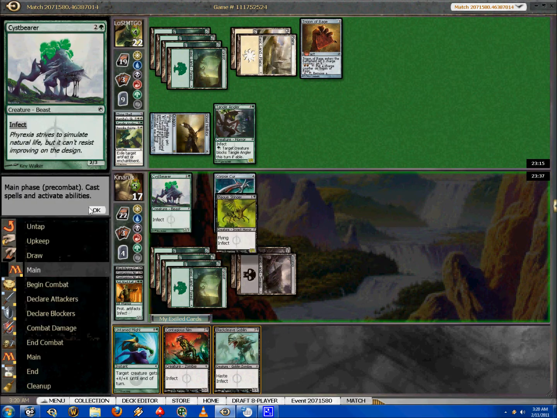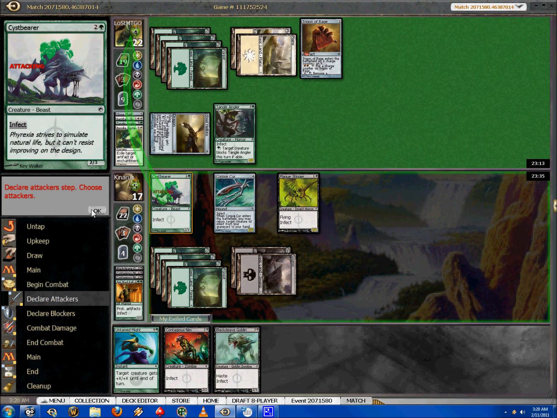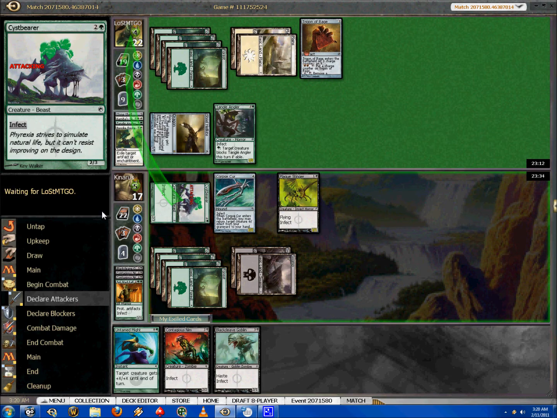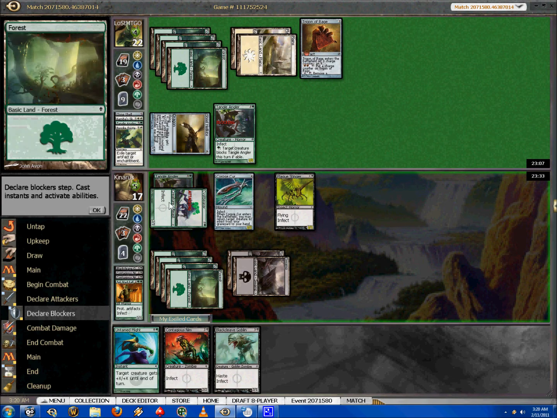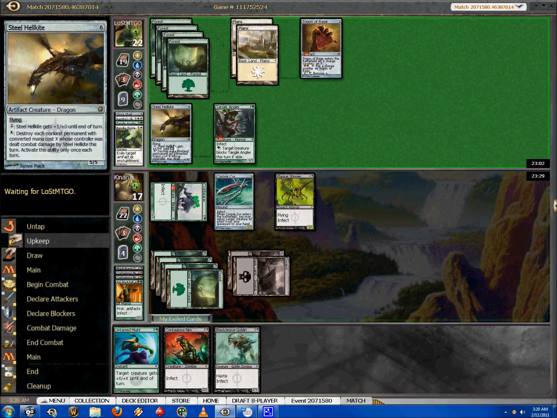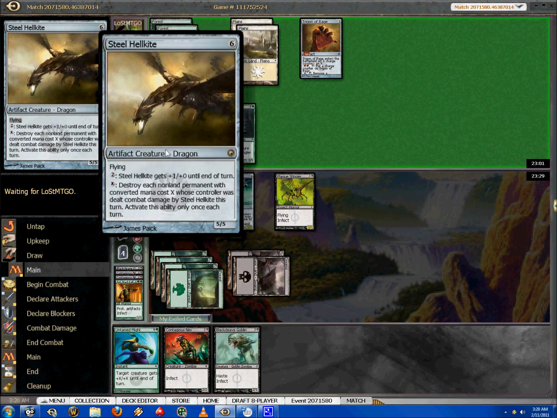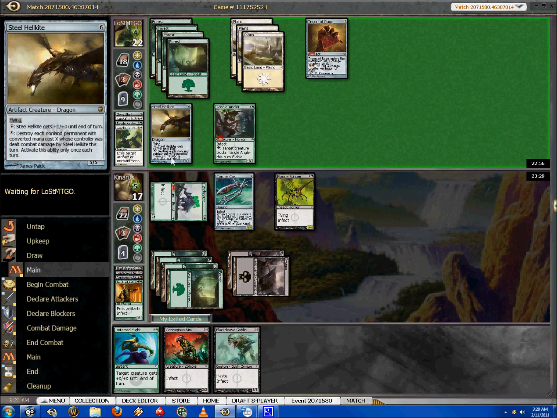He has to choose 1, 2, or 3, which guy he wants to kill, basically. I should have done it in the other order, so if he didn't block, I would actually have a pretty sweet kill there. But clearly he was blocking either way. This is insane. That card is